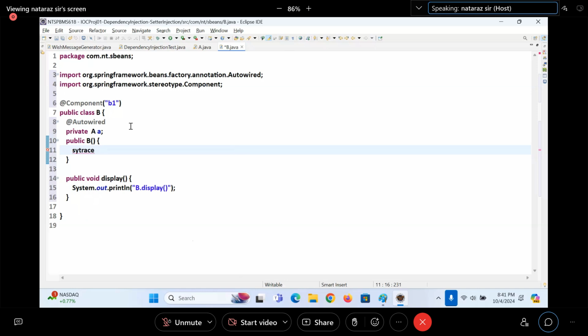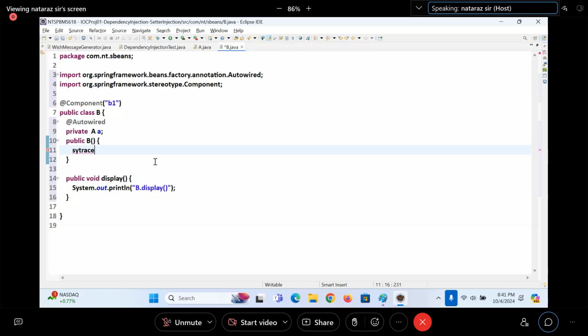Okay, guys. What is the solution for this? Through constructor injection it is not possible, through field injection it is possible. Yes or no? So not using constructor injection is the solution.